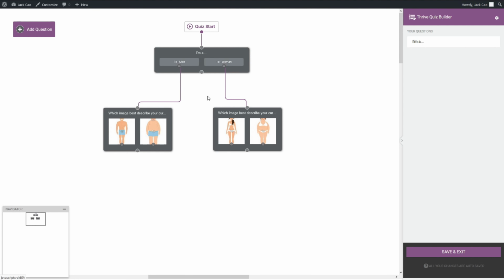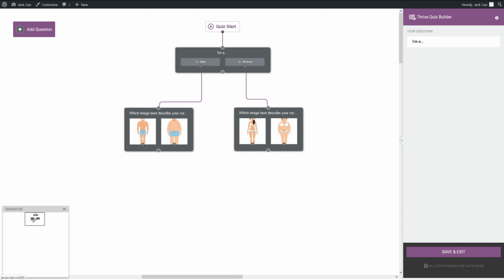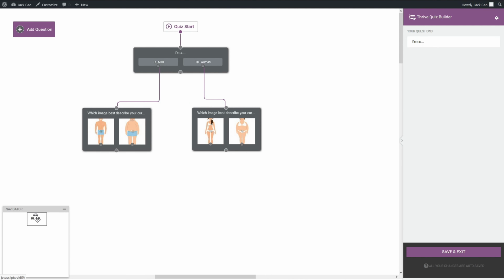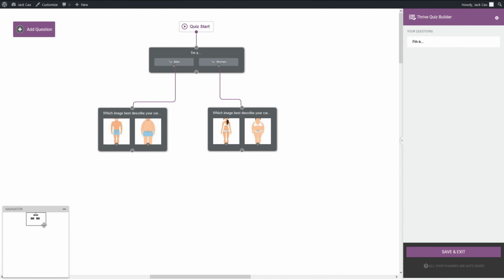Now this overview is very helpful to you if you have a large quiz that is super complicated. And over here you have a navigator, and as you can see, what you're looking at now is just a small section of the bigger picture over here. So if you move this around, you can basically select the part of the quiz you want to look at. So I think the Thrive Quiz Builder is suitable for any kind of quiz, be it the most basic to the most advanced. Now to keep this simple, let's only have these 2 levels of questions, and let's save and